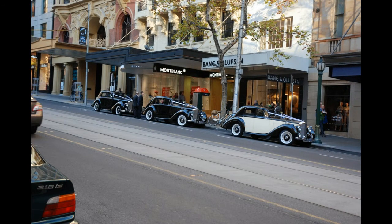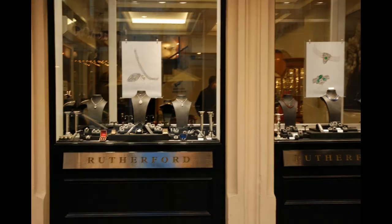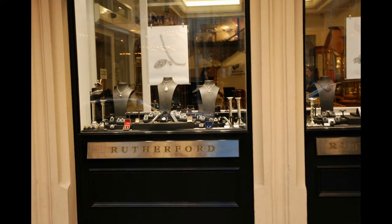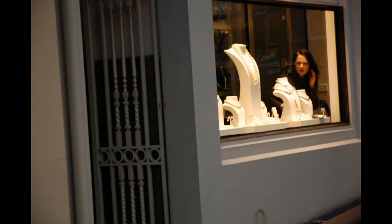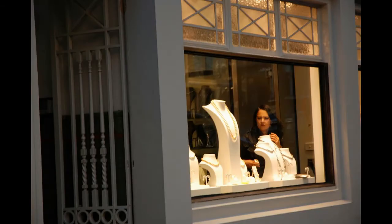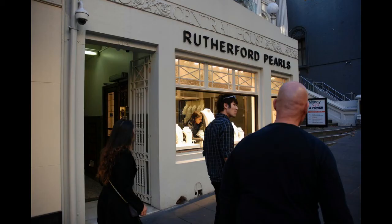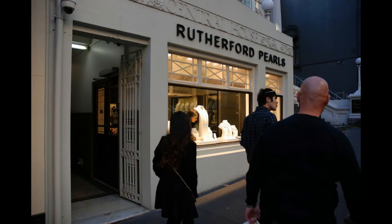I think early 50s. And here's Rutherford, another beautiful jewellery store, in Collins Street. And they've got a wonderful, wonderful display here. And here we go, here's some beautiful pearls. And I'm a sucker. These are Rutherford pearls. Beautiful, beautiful store. I just love...